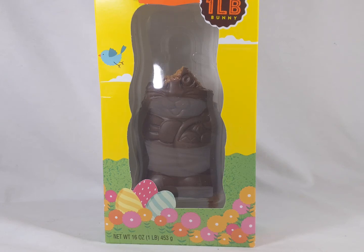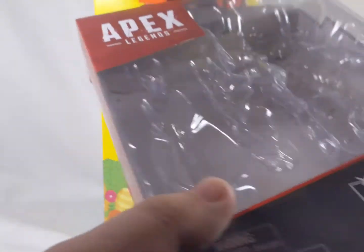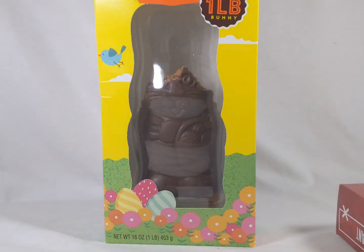Due to popular demand, I'm reviewing the 1 pound Reese's Bunny. Unfortunately, I already filmed the review and I lost the footage, so we're not going to be looking at this today. Instead, we're going to be looking at the JAKKS Pacific Revenant figure. I know a lot of you are disappointed. It was a very